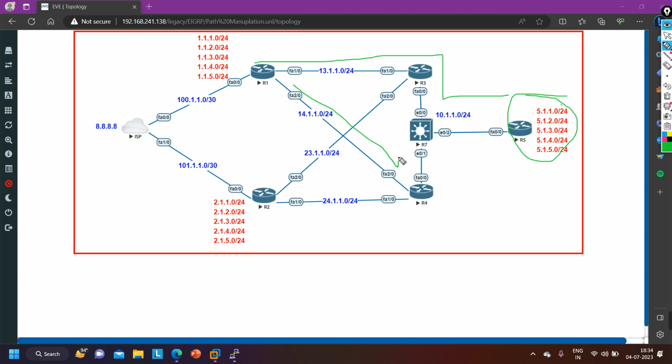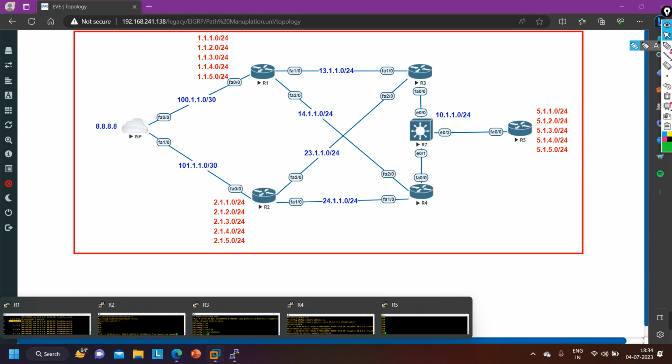If R3 is not available, then it should forward via router number 4. So here we are going to perform path manipulation with the help of summarization. From this interface, we will advertise one summary route of all these prefixes. Let me take you to router number 4,